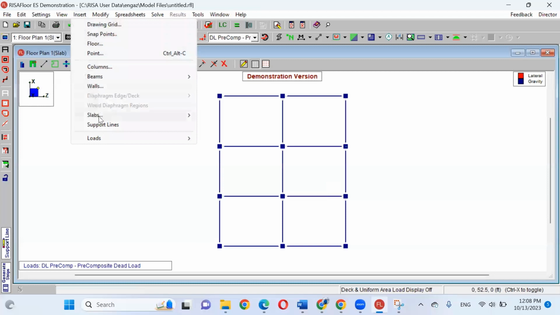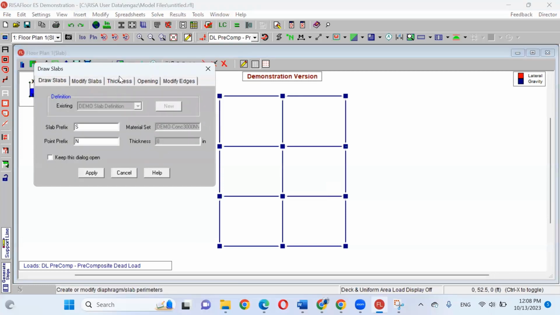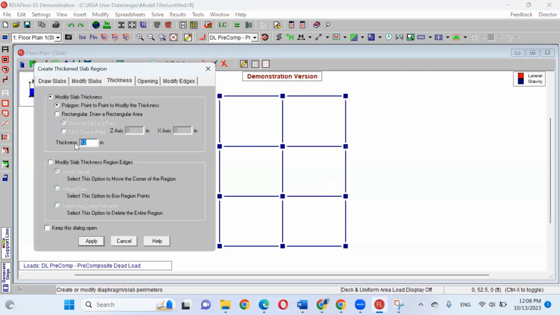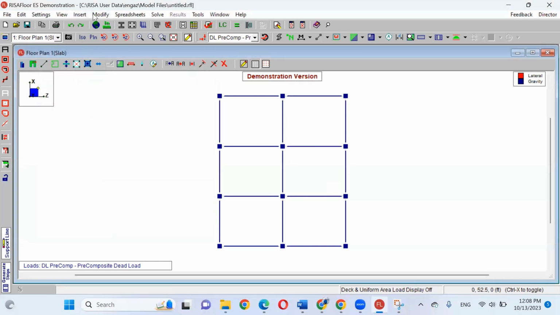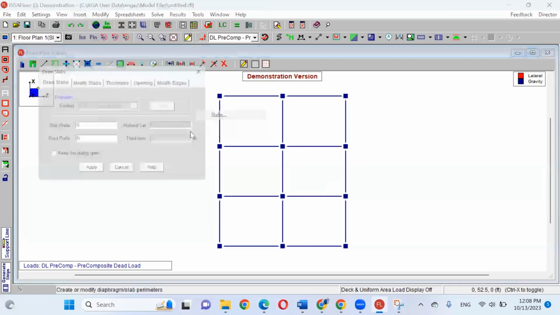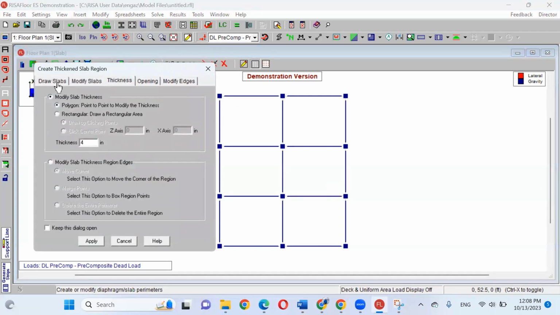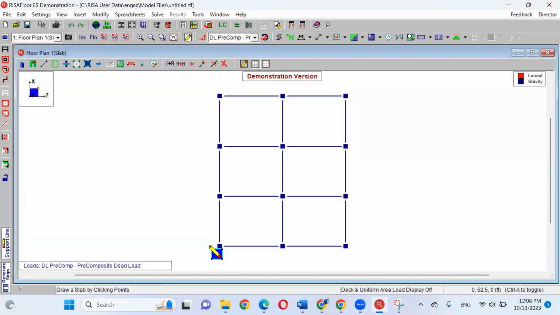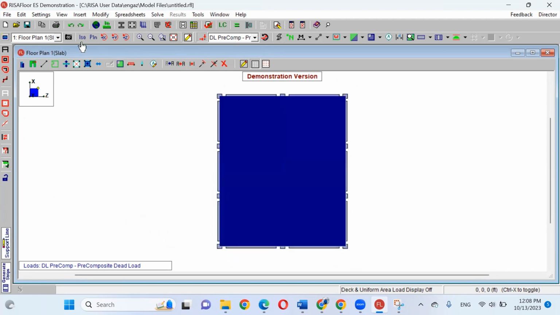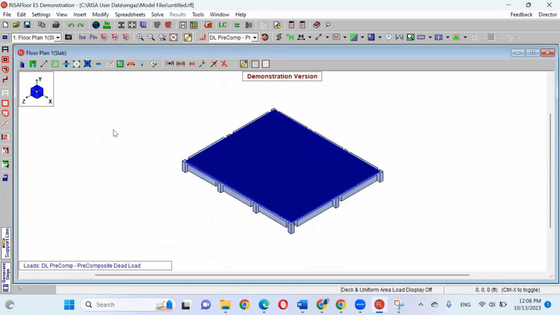Then from Insert, slabs, I can define the thickness, which is 4 inch. I'm sorry, Insert slabs, 4 inch, and draw slabs, apply. I can click at each corner. If you would like to show the isometric, that's fine.